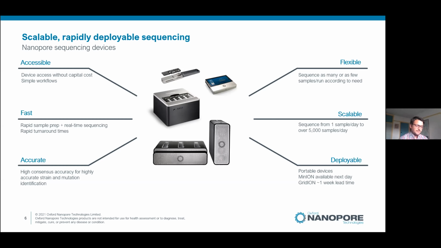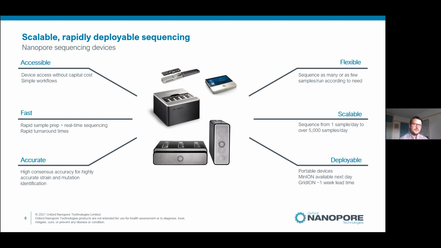A GridION, which is effectively five MinIONs on top of a supercomputer, delivers 5 times the throughput you get from a single MinION. And then the PromethION, which is either 24 or 48 formats, where each individual flow cell can be run on its own, and it can be run in a batching format. It can be run debatched. It can be run however you want it to be. So it enables people to be more flexible with their sampling.